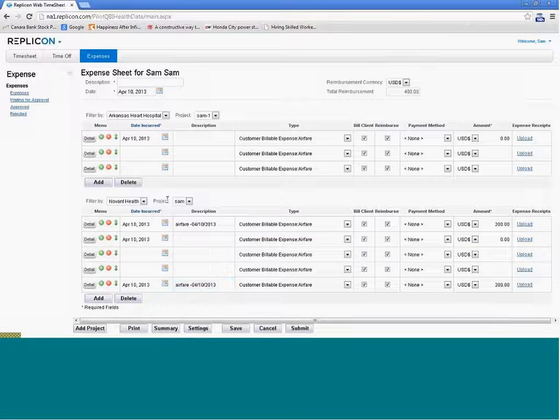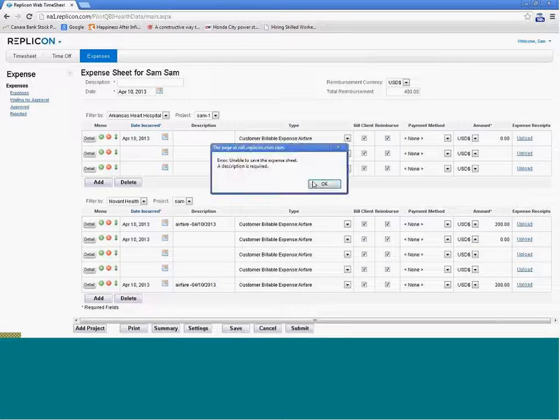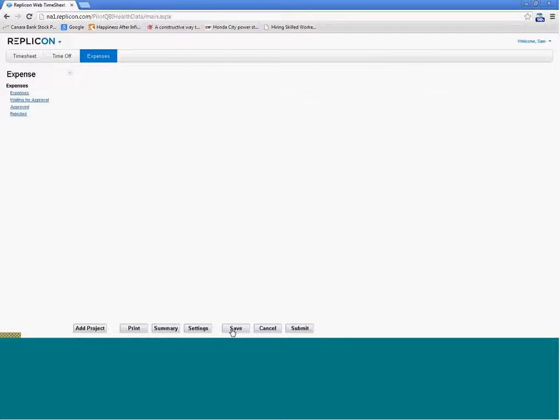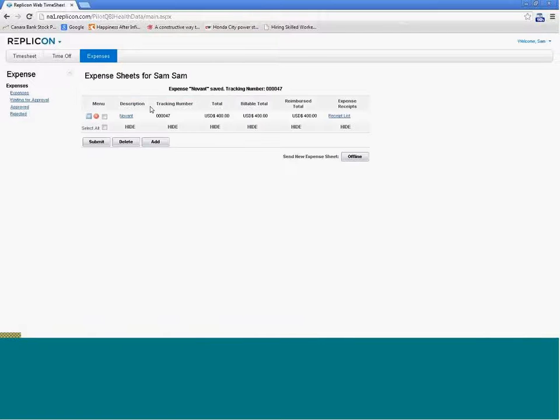So once you've entered your expenses, you click on save. Okay, I need to put in a description here, so I'll just put in my name and save. So my expense sheet now is saved with the tracking number. So if I want to go back to the expense sheet,